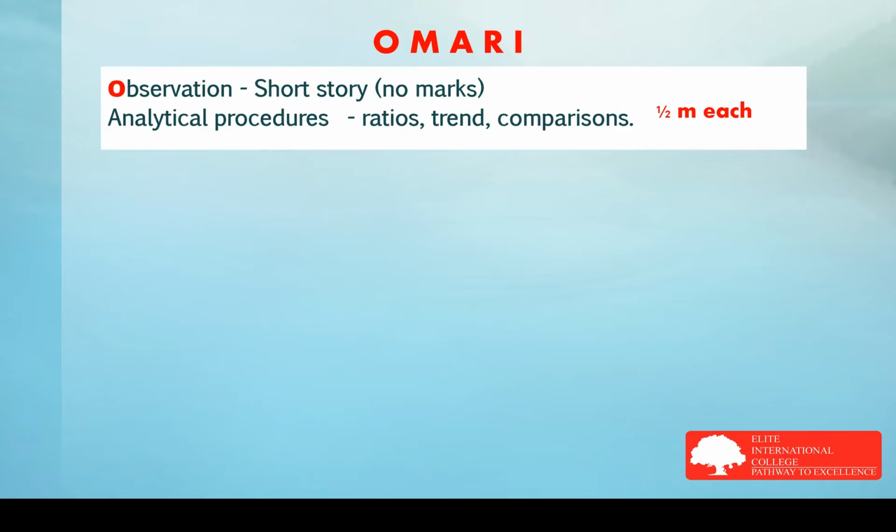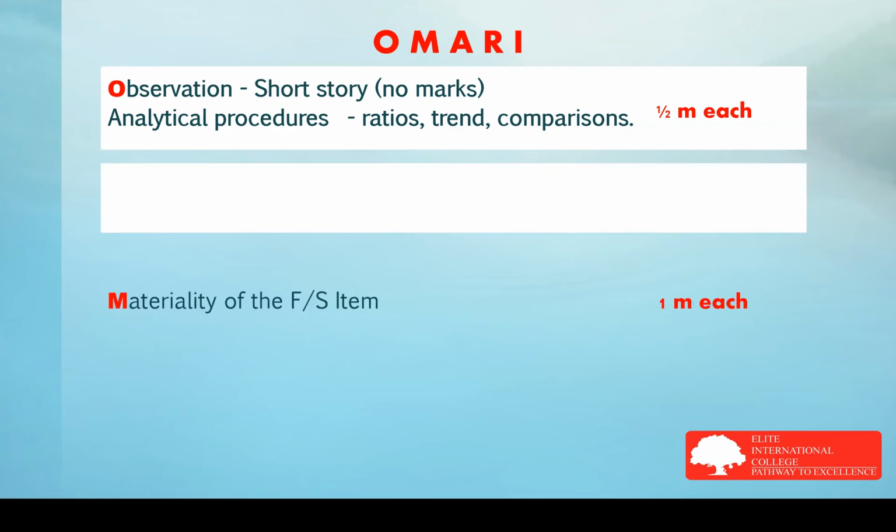Well, I've got an exam technique which I call OMAREE for Audit Risk ROMM questions. And we always start by putting down a little bit of the observation. Observation means a short story taken from the exam question. You can also include analytical procedures here, but if you include analytical procedures, half a mark will be given for every calculation that you make. But there are no marks for the observation. The reason why we put down the observation is so that we can give a little bit of information to the partner who is chairing this particular audit briefing meeting, to give him an idea of what's going on before we go on to the accounting treatment.